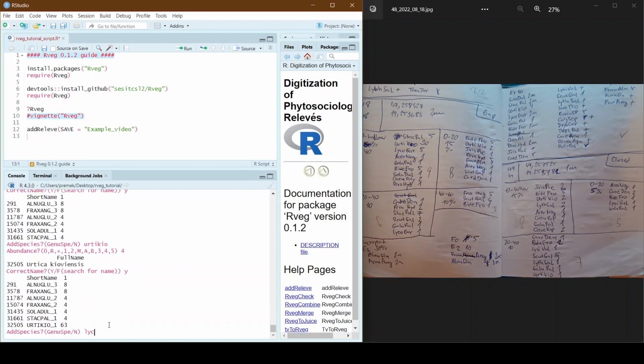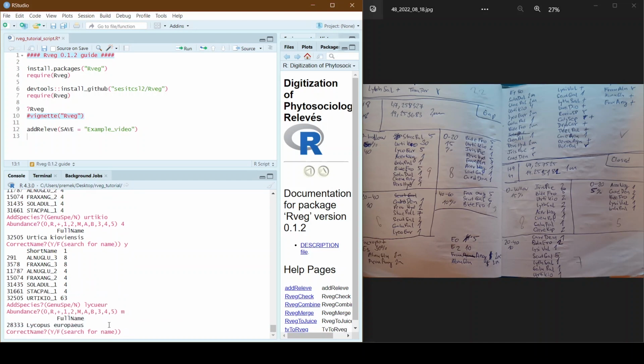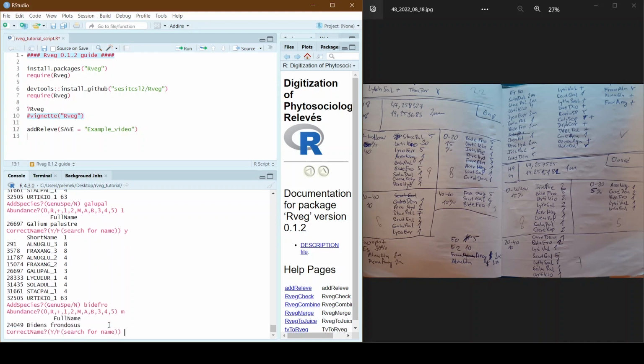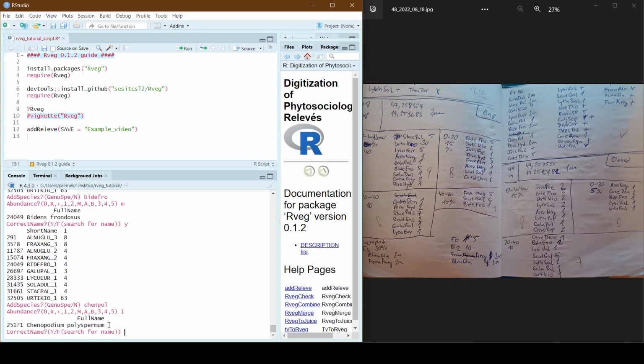So the working is quite fast if you get it in hand. So I can fill the whole relevé like this. And now it's correct.